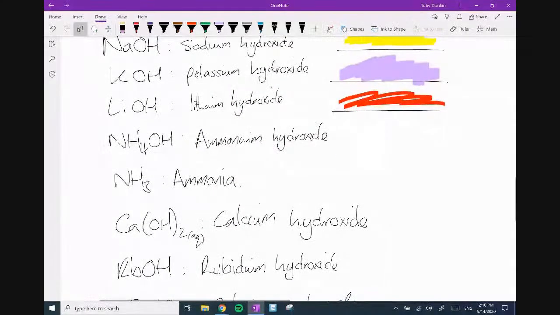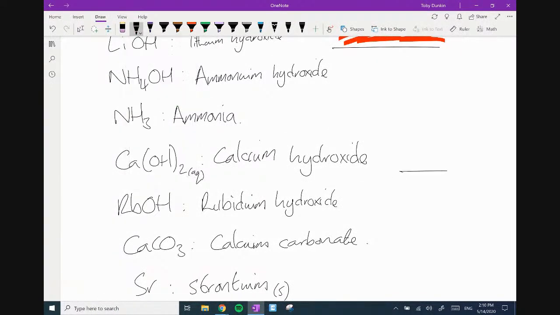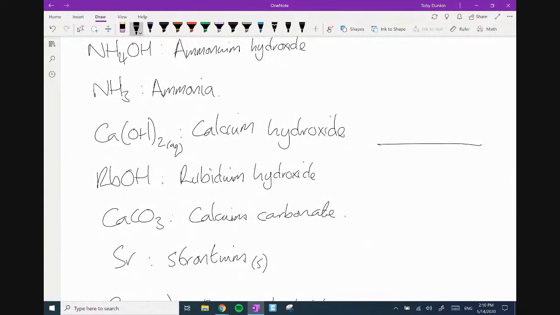Next, are you ready? What color am I going to get? I love this. This is a great game. What color am I going to get for calcium hydroxide, please? Come on. Who's going to get the next one? Orange red. Toby is on it. Ashley, well done. Shanley, well done. Good job. Kieran, oh yeah.